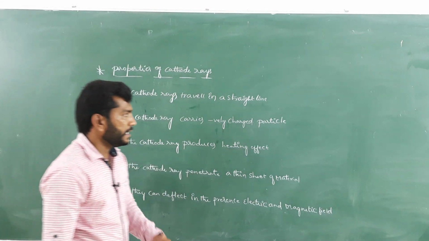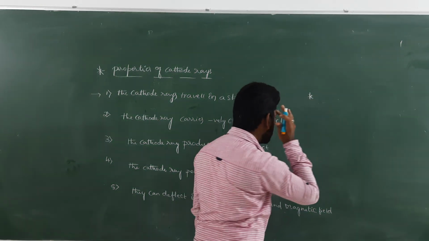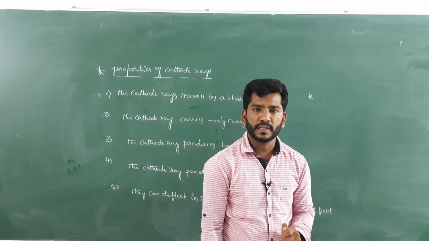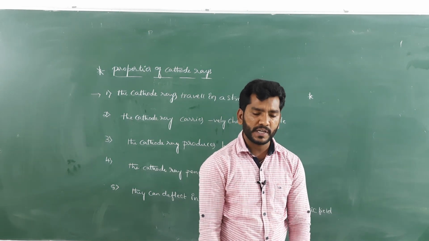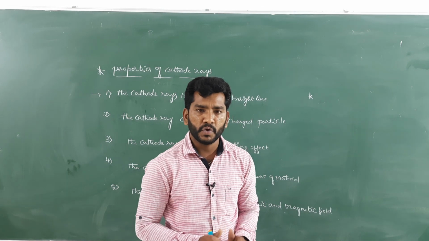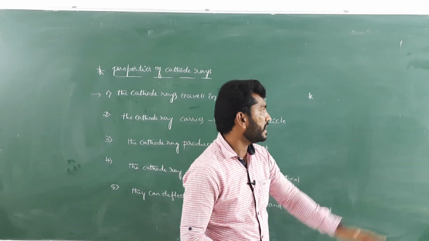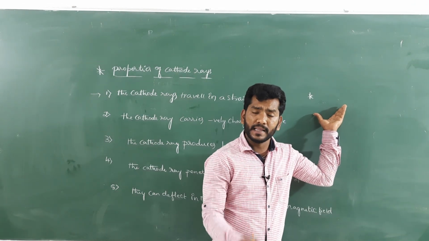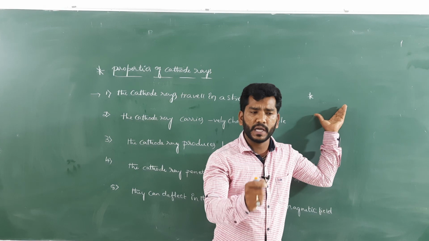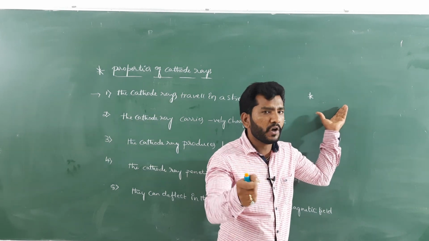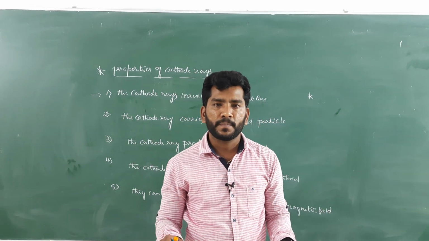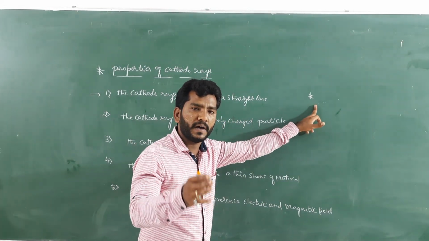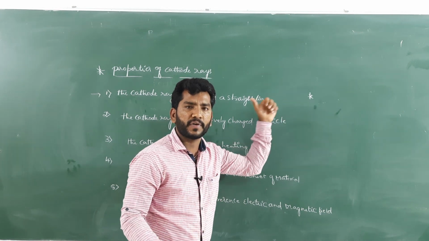And ultimately, one of the most interesting properties is the e/m ratio. The e/m ratio of the electron is always constant. The cathode ray exhibits an e/m value that is always constant. Why? Because you can take any gas, and the electron would be the same. The electron doesn't change, so the e/m value of the electron cannot change. That's why the e/m value is constant in the case of cathode rays.